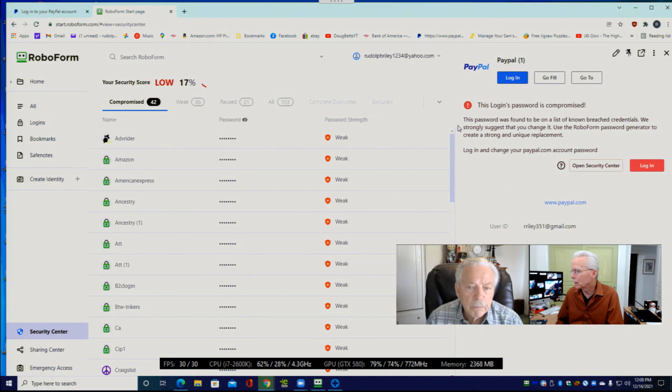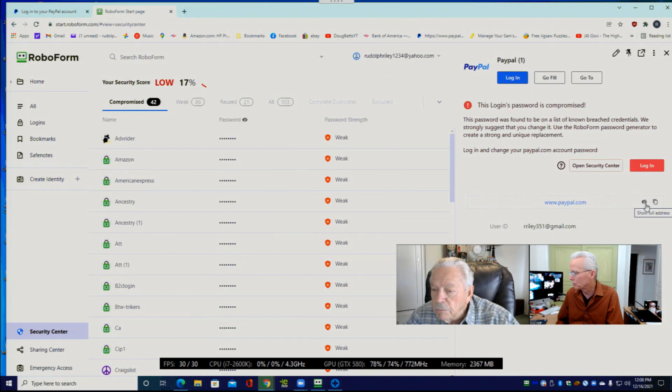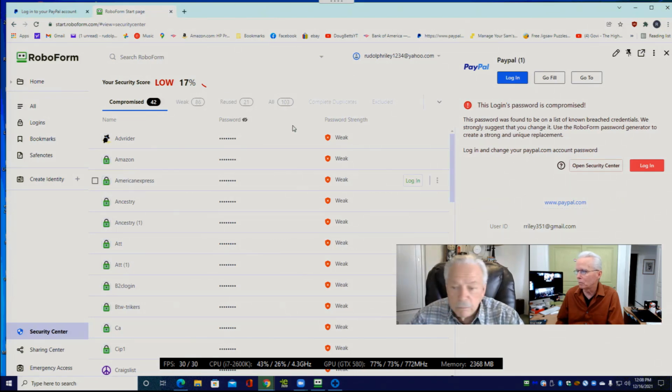So what we care about is PayPal's security to change the password. And this eyeball over here is going to show the full address for PayPal. And this icon is going to let us copy that address. But if we actually click on that, that'll take us to PayPal. But we already have that open over here on this tab. So we'll go back to PayPal.